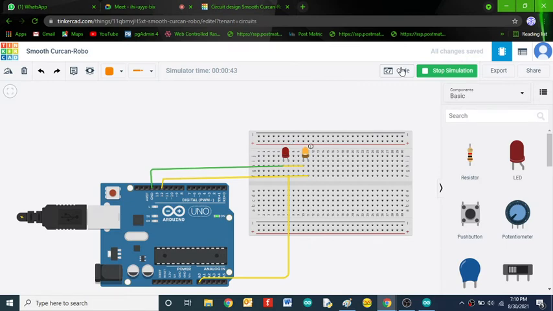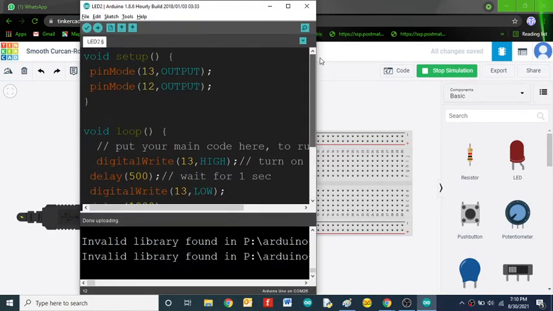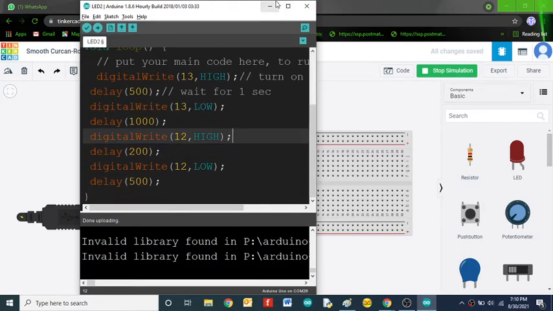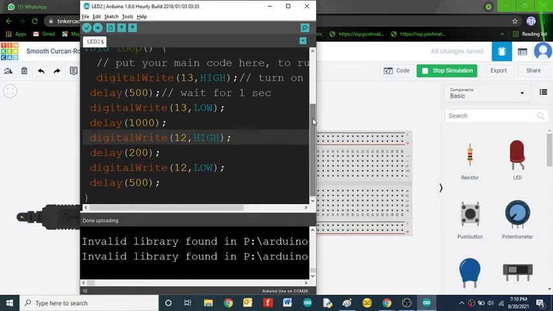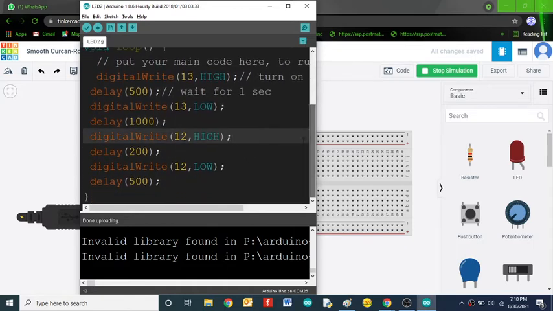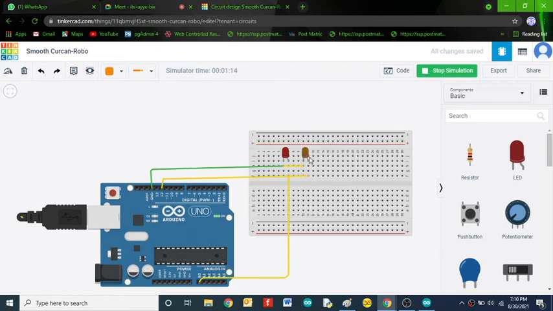So like that, in the hard way, we can also connect like this and upload the sketch. This is the sketch for blinking two LEDs in series format. Is that clear? All of you understood this code? Yes, sir. Okay, so now tell me, how are you going to do the parallel blinking? We have to turn on the LEDs at the same time and turn off the LEDs at the same time.